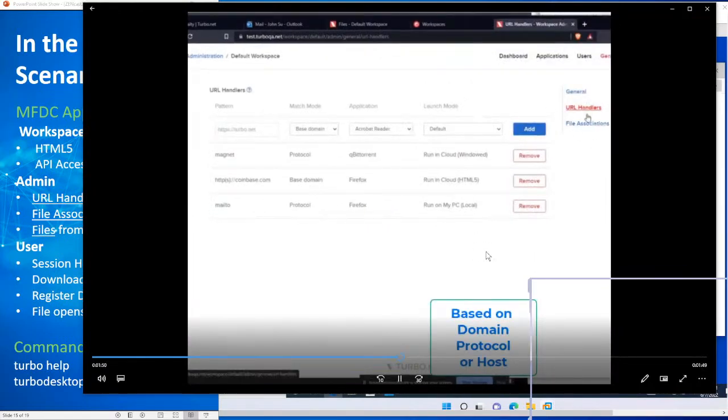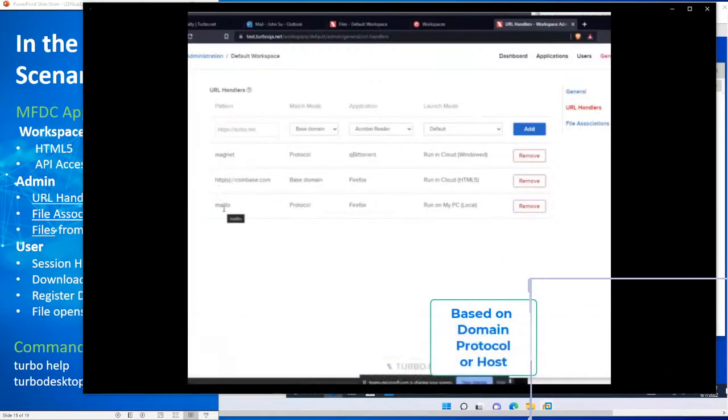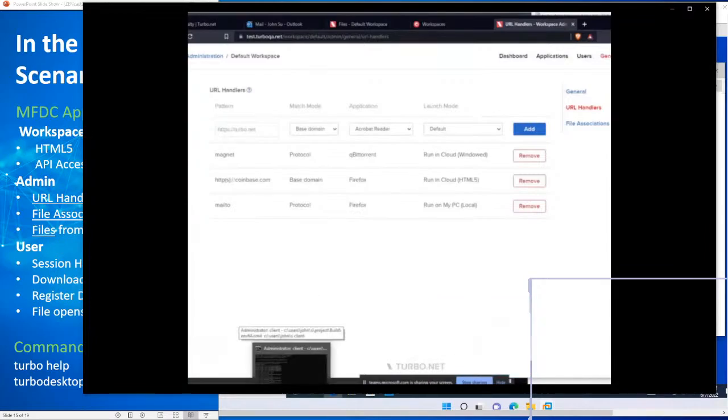So in this particular case, you can see a couple more. There's one here that we're going to, qBittorrent or a mailto, which are using protocols. So we're going to go over to, I think, BitTorrent next. All right, and we're going to run it via protocol. So if you actually had